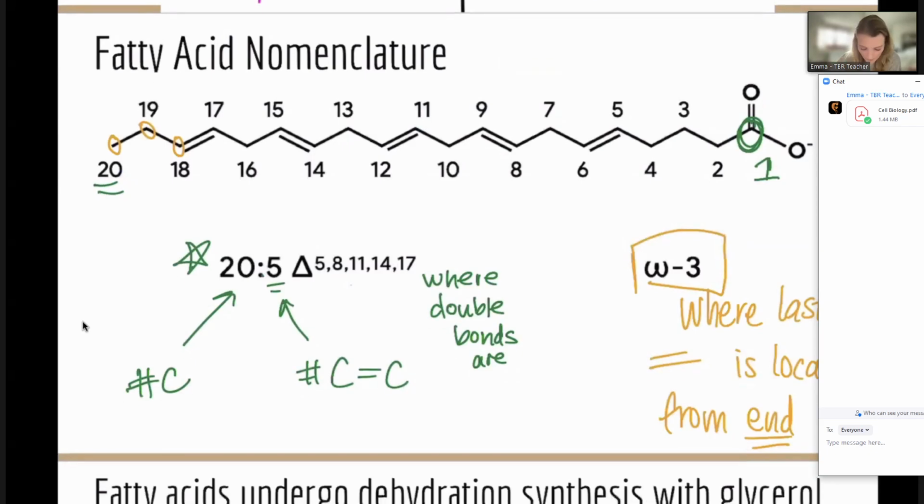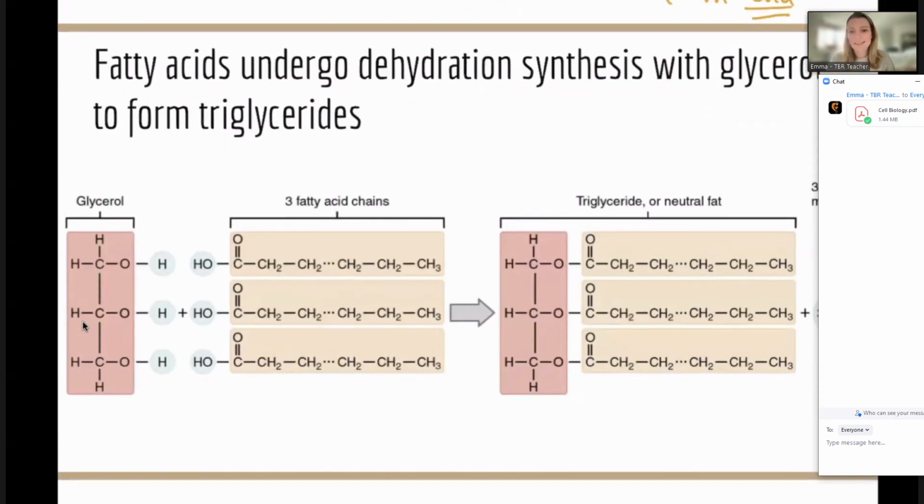All right, we're going to keep going. So we know that fatty acids, we don't always just see them in those one individual chains. Sometimes they can undergo dehydration syntheses with different molecules to produce other molecules. One of them we hear about a lot is triglycerides. You might have heard of a phospholipid or a sphingolipid, basically different attachments onto a lipid. They can attach typically in what we're going to consider the head position, and these hydrocarbons, which is just a long chain of carbons with hydrogens attached, become what we consider the tails.